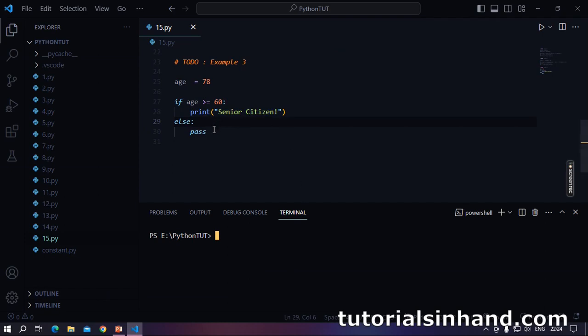In this example, we are going to discuss the pass keyword. Now suppose in your application you have a condition: if age is greater than or equal to 60, print senior citizen, otherwise avoid. So how can you handle it? Basically you can write pass within this else block, such that if I execute this code, you will see senior citizen. But if I write